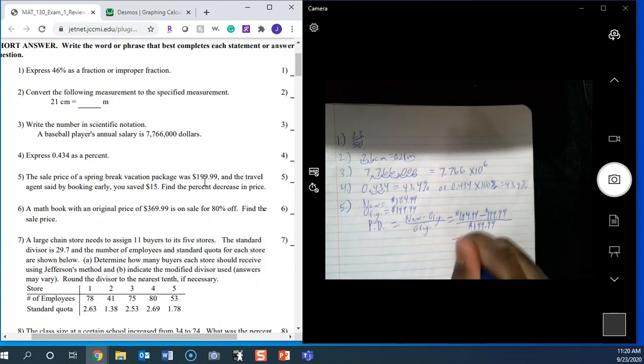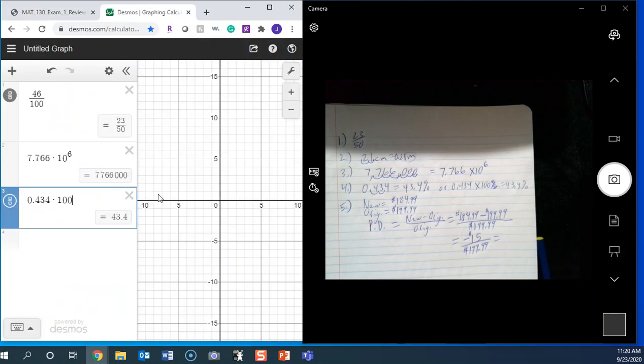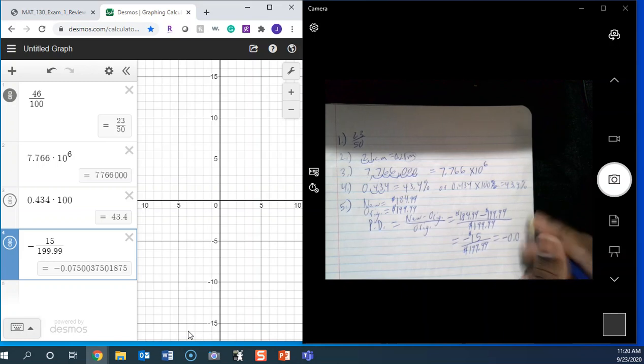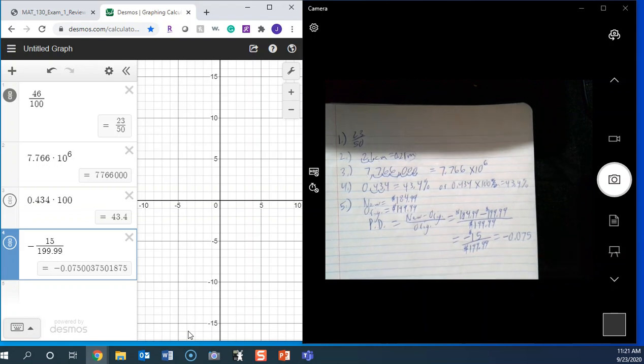Now, if you subtract these here, this will give you a negative 15 all over $199.99. So we will put this in our calculator. So we will have a negative 15 divided by 199.99. So this will give us a negative 0.075. We'll just round to 3 decimal places. But remember, it's percent decrease. So, or percent increase, you have to change this final answer to a percentage. So it'd be a negative